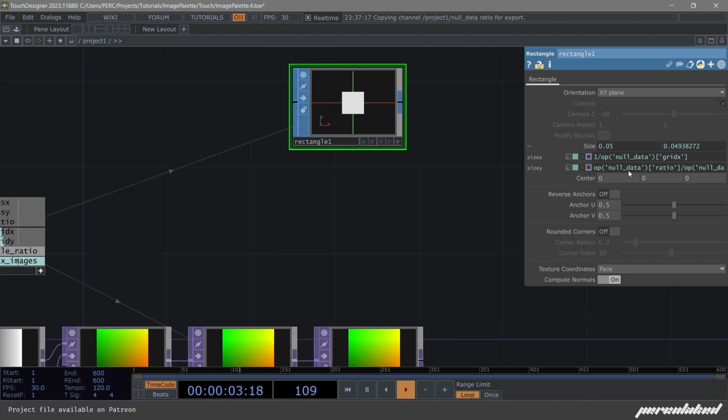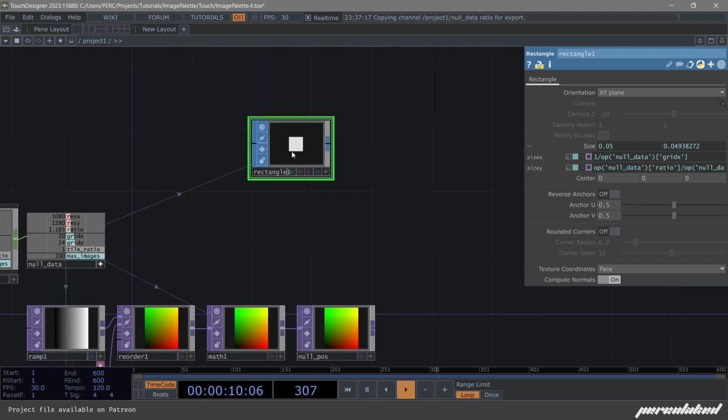It's a square, and you may think, wow, this is slightly wrong, but I do it this way